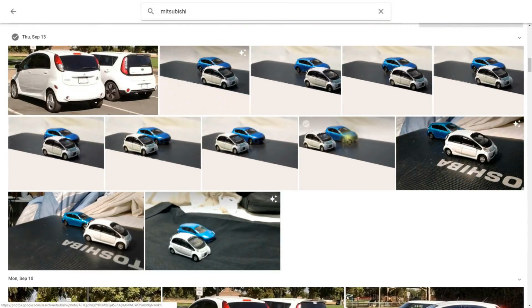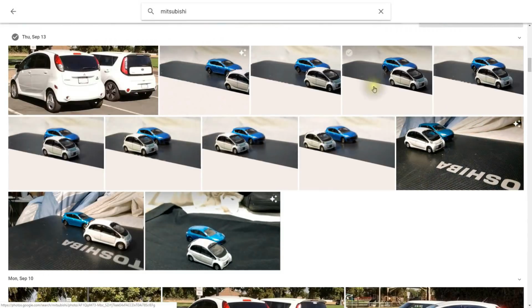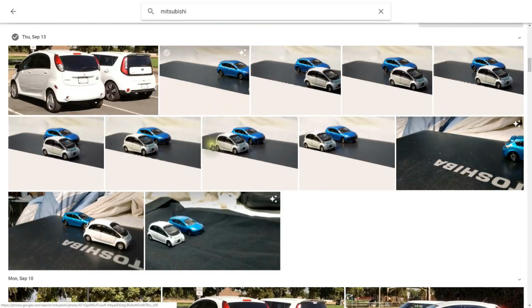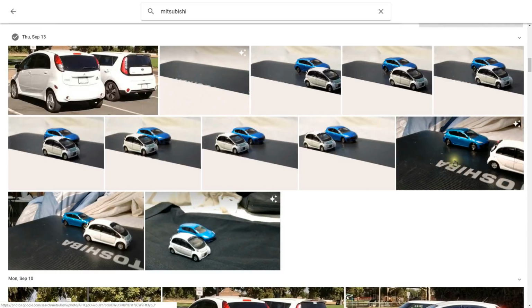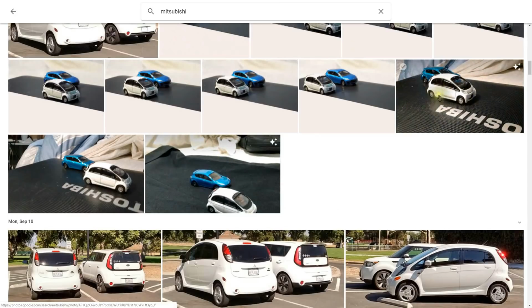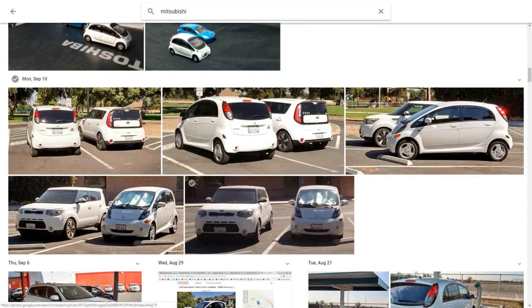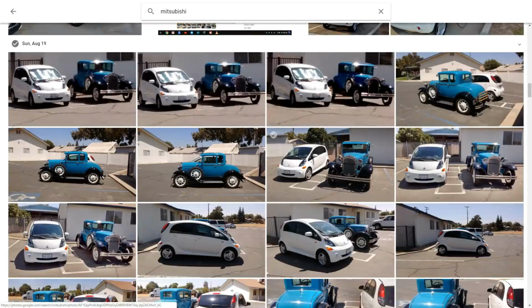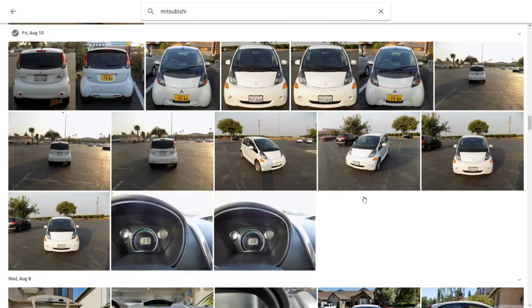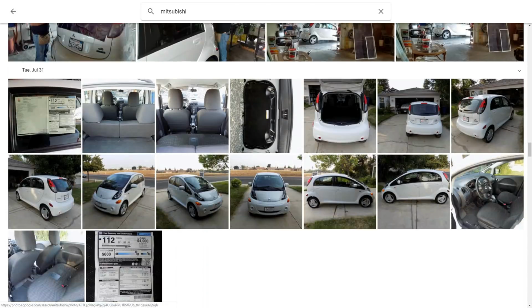Another thing you can do is, if you take a number of photos together, one after another, you can create what are called animations. So here you can see a number of animations that I made with Google Photos. It'll find every Mitsubishi in all of your photos.